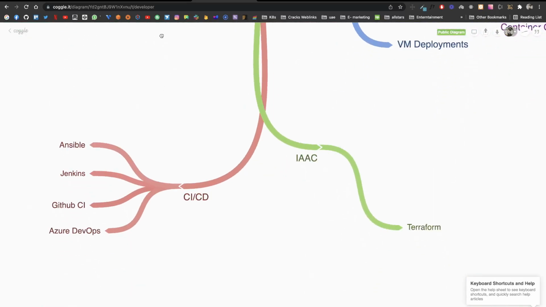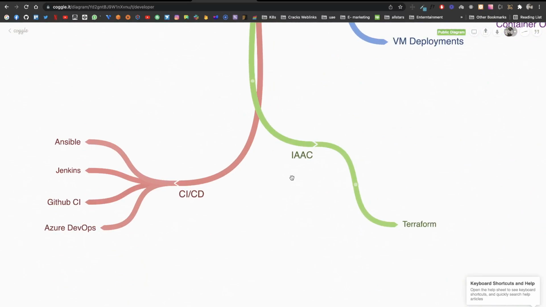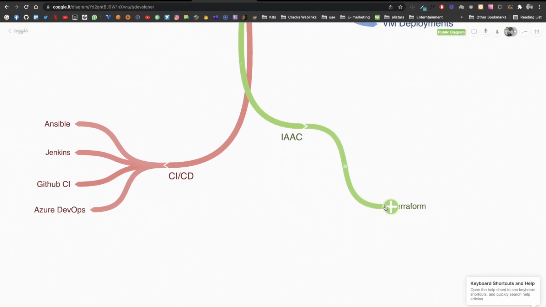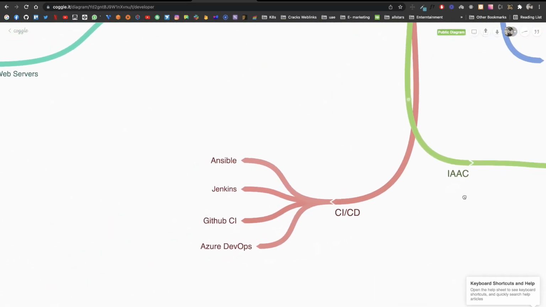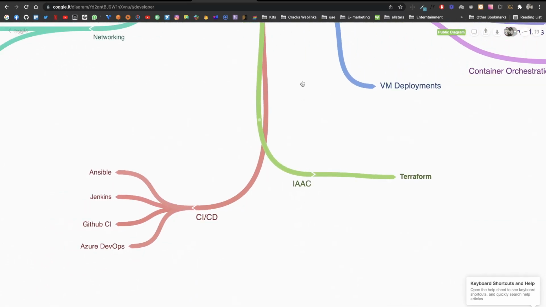In the last, I would like to give you some overview of IaC, infrastructure as code. What I mean is you need to have a whole plan in your pocket of everything you're going to deploy, and Terraform is the tool that you need to consider. It's very hot, and it's going to make your work very easy if you start using it. I know the learning curve is very high, but once you understand it, it's going to make your life easier. We are going to go through a whole course where I cover each of these topics in detail.